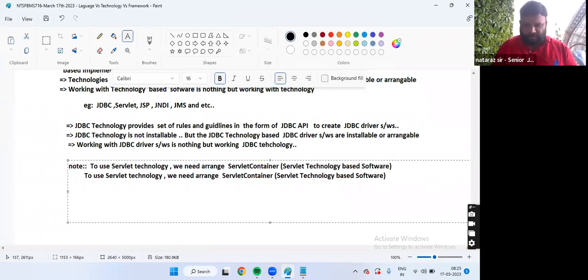To use JSP technology, we need to arrange a JSP container, which is JSP technology based software.